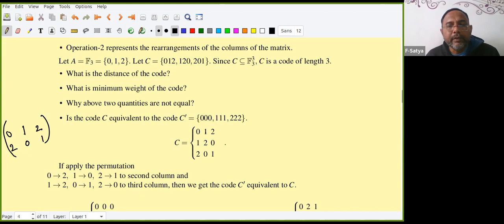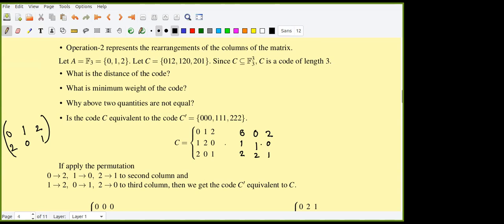So then what happens to this? Can somebody tell me? So 0, 1, 2 as it is, correct? Now what happens to 1? 1 becomes 0, 2 becomes 1, and this 2 becomes 1, 0 becomes 2, correct? Now is there any change in the distance? I'll add this as it is, I'm not changing. Now is there any change in the distance of the code now? Distance becomes 0 now.